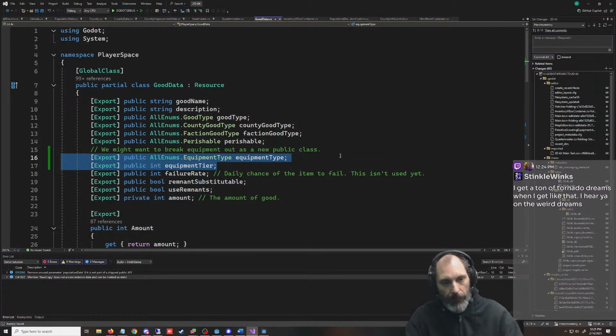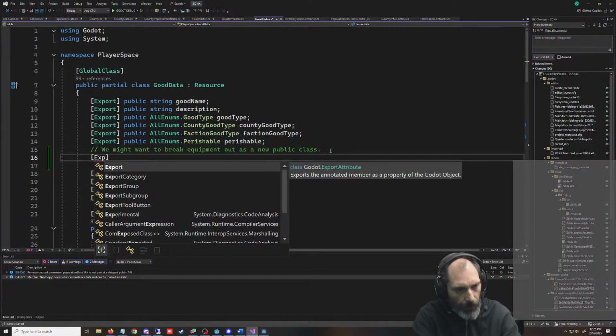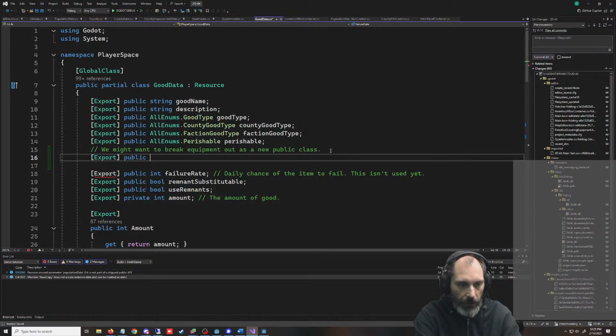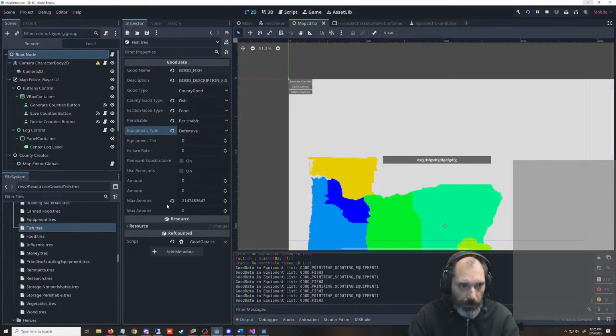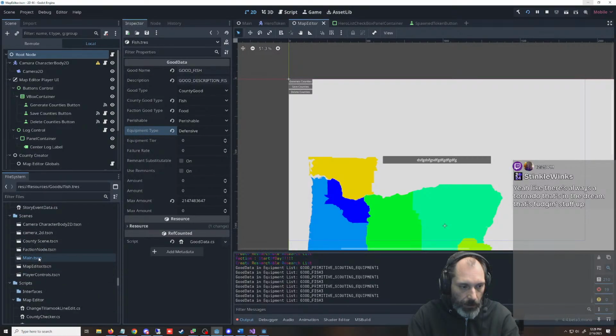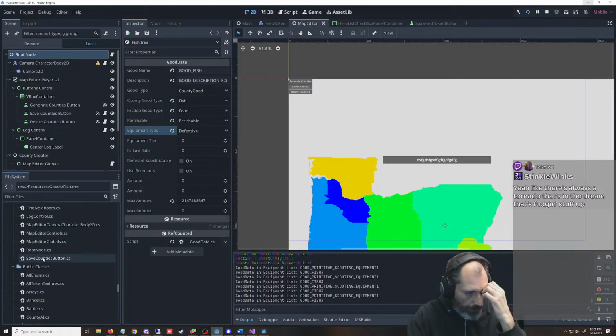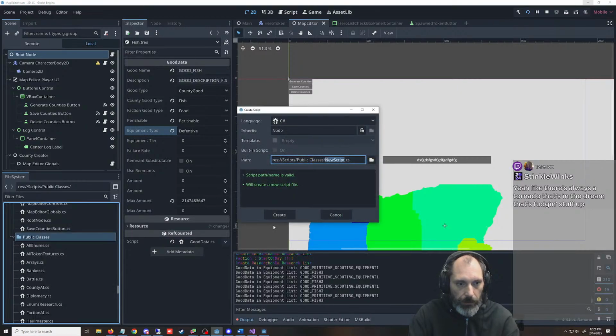Yeah, we're going to make this a public class because then we can put the equipment type in there, and we can also sort by tier. Like this sitting here, this is not going to work. And so we are going to do what I had a feeling we were going to have to do. Do we want an export on this? We do want an export on this because we're going to save it at some point. We need to create the public class first here. I have a resource called equipment. That's not good. Equipment. I thought I was done making new scripts, but I guess not.